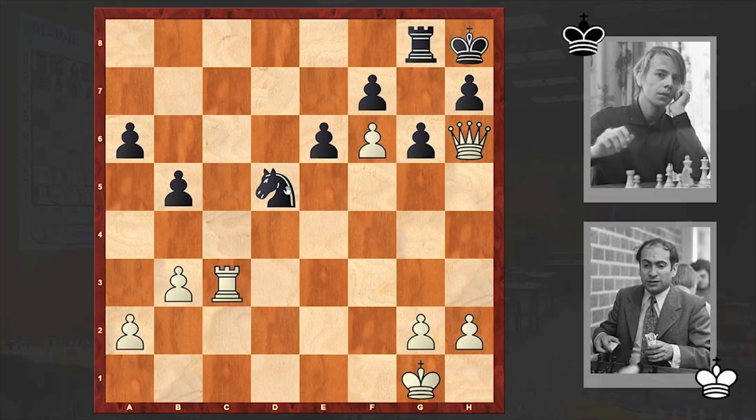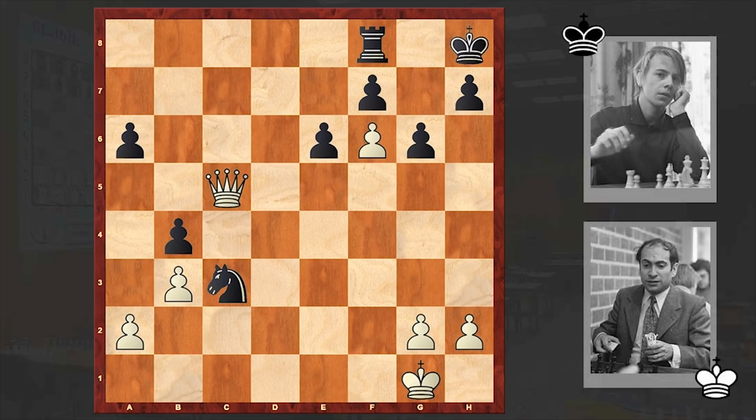The knight together with the rook are not enough to fight against the queen, and very soon Tal forced his opponent to resign. The queen is a very strong piece. All the time Tal is trying to find forks. Yeah, and at this point resignation followed, because black is going to lose a pawn, and